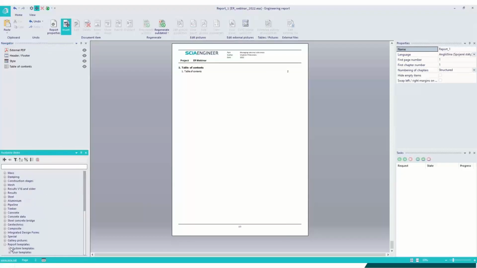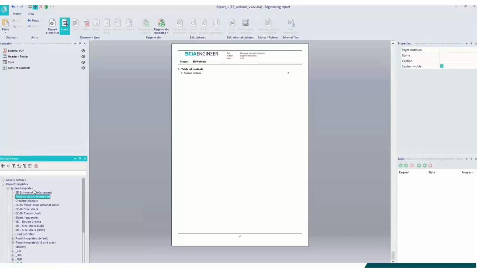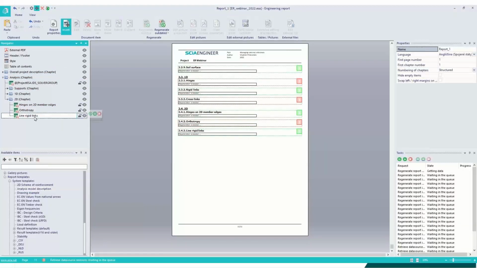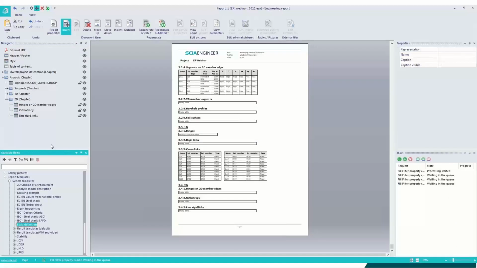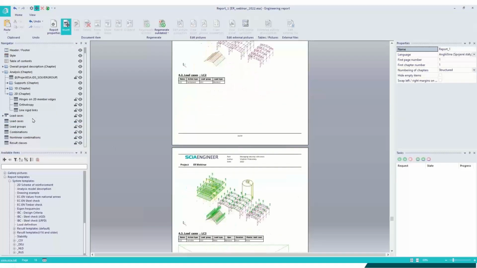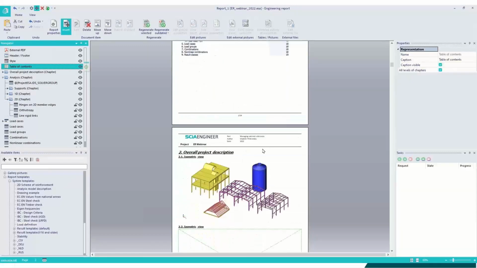Continuing, let me start real quick, and I can do that by means of report templates that you can see here in the bottom left corner. I can just choose a system template, for example, for analysis and model description. This is a predefined template. But once you create your own report, you are able to store it as a template and use it from that time. We understand it needs some time to get the report up to your liking. But once you do that, you are able to reuse it for your very next project,